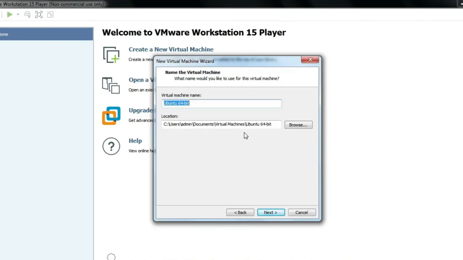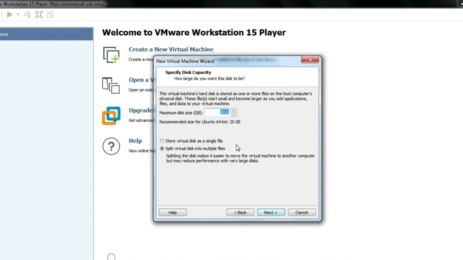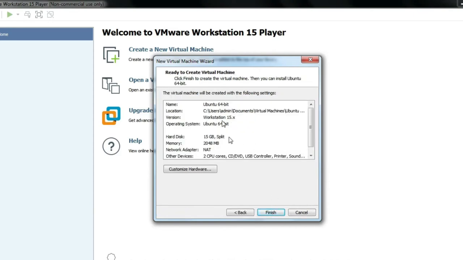It is going to ask you the name and also the path, and then click Next. And here you can set the disk space. This is the space that you're going to set for your virtual machine, and also opt for split virtual disk into multiple files and then click Next. You can go through the settings that you have created for the virtual machine and then click Finish.